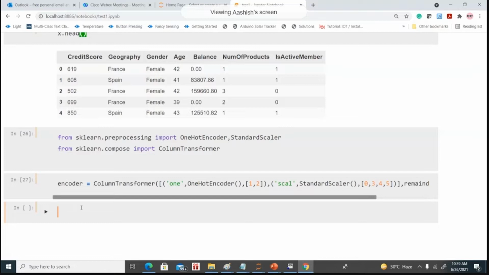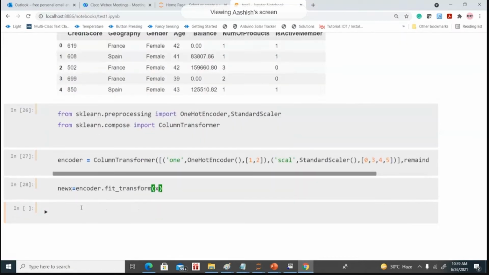Now we will split the data for training and testing, but before that we perform the encoding operation. So you can say new x equals encoder dot fit_transform, and then pass in x. We are basically performing the encoding operation on that.